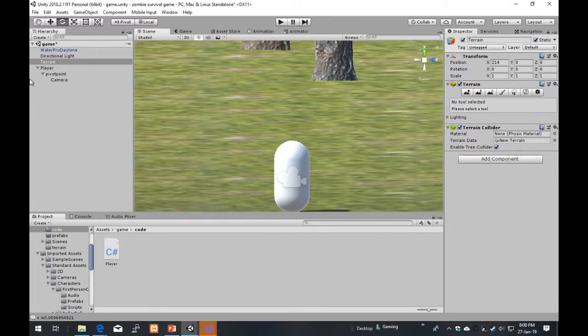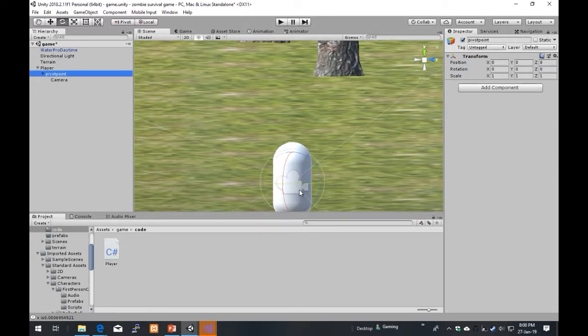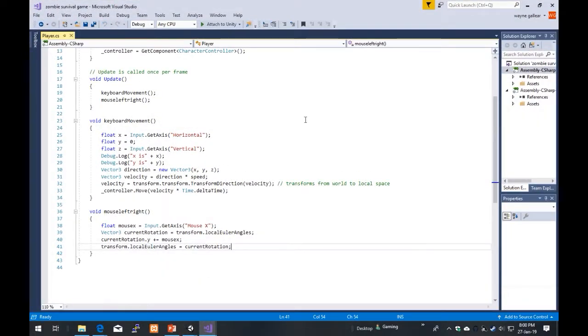What we want to do, which is why we have the pivot point, is rotate the pivot point. It doesn't matter if the pivot point goes up and down, because it doesn't affect the body. Can you see? And that's why we're going to attach a new script to the pivot point. We're going to create one new one called look Y, which in typical Blue Peter fashion I've already created. So I'm going to copy it in. I'm just going to move it in,